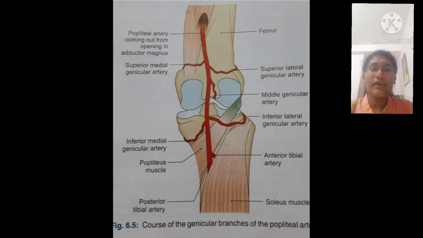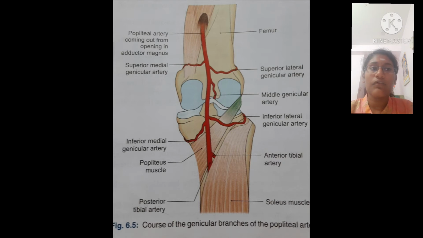The popliteal artery gives off 2 to 3 big muscular branches, and these supply the adductor magnus. It also gives off some other branches in the lower part which supply the gastrocnemius, soleus and the plantaris muscle. Then the popliteal artery also gives off a cutaneous branch, which accompanies the short saphenous vein. Then it also gives off 5 genicular branches. These 5 genicular branches are the superior lateral and medial genicular branches, the inferior medial and lateral genicular branches, and the middle